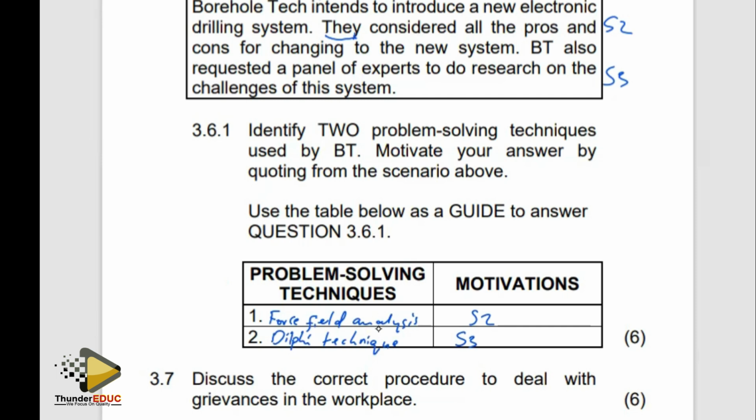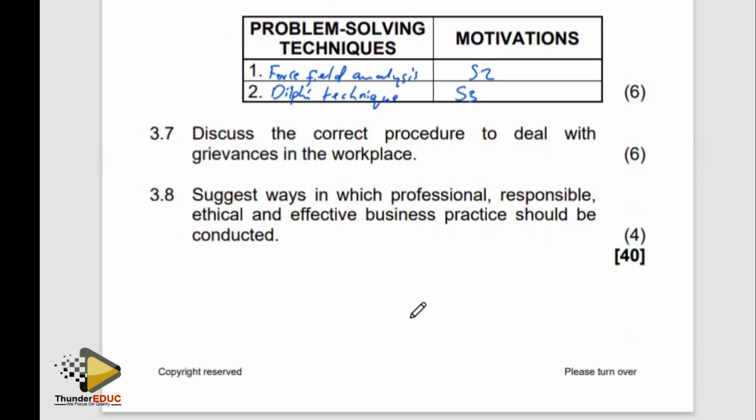Okay, right. So now let's check 3.7. So now 3.7 reads as follows. Discuss the correct procedure to deal with grievances in the workplace. So now remember, when we talk of a grievance in the workplace, it means that as an employee, you are not happy with how things are done at the workplace. The moment you are not happy on how things are done at the workplace, remember, you are not supposed